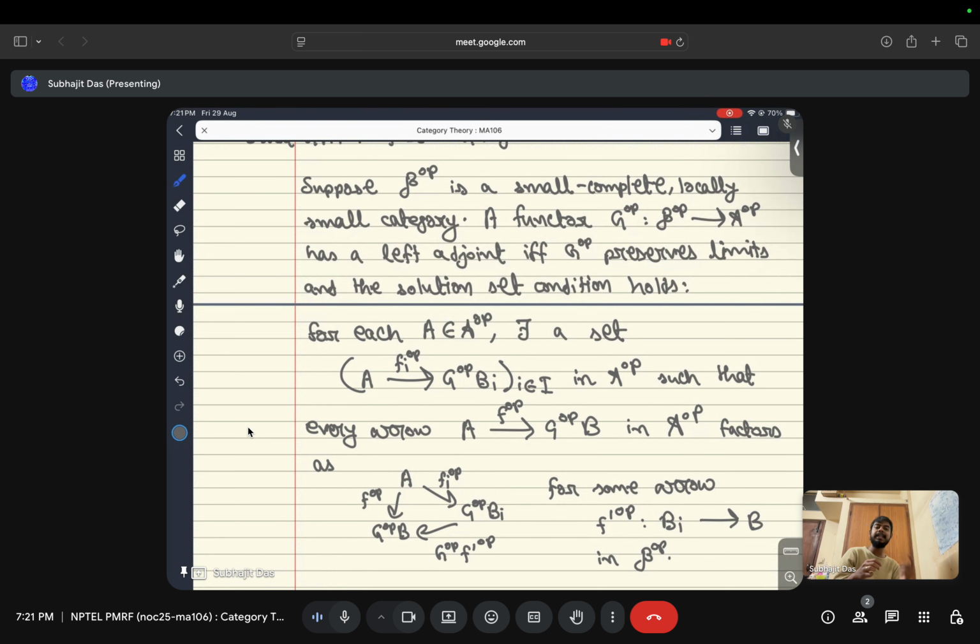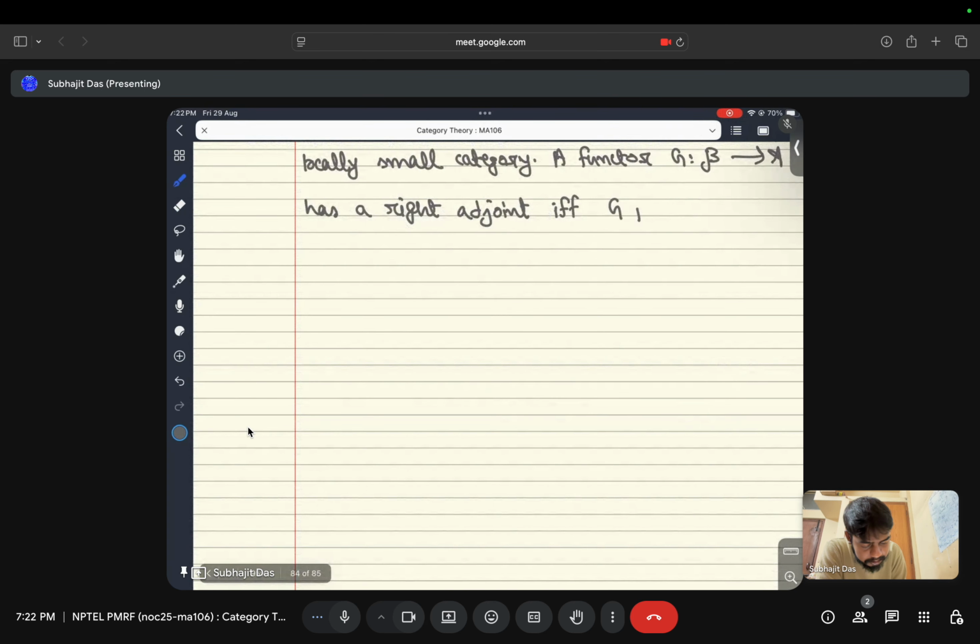In other words, if you start with a diagram in B op, look at the limit of this diagram, right? G op preserves this particular limit. Now a limit in B op is exactly a co-limit in B, right? In other words, if D is a diagram from I to B, a diagram in B of shape I, then D op is a diagram of shape I op in B op, and a limit of D op is exactly a co-limit of D, right? So in other words, G op preserves limits when translated for the usual functor G becomes G preserves co-limits. So if and only if G preserves,